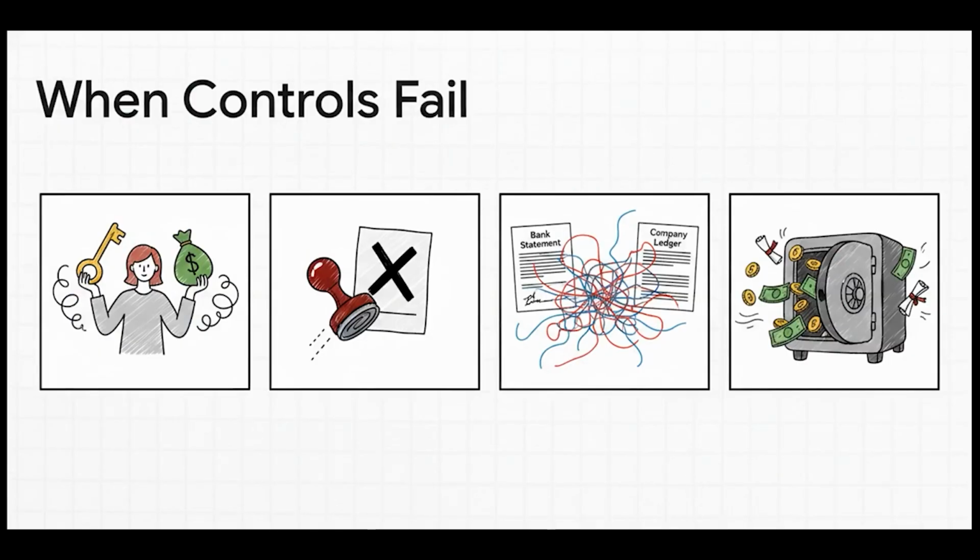What does this look like in the real world? Well, a classic example is if one single person can both approve a payment and then make that same payment. That's a huge control risk because there's no oversight. Or maybe no one bothers to check if the company's records actually match the bank statements. Errors could just sit there for months, undetected. When these controls are weak, the door is wide open for big misstatements.